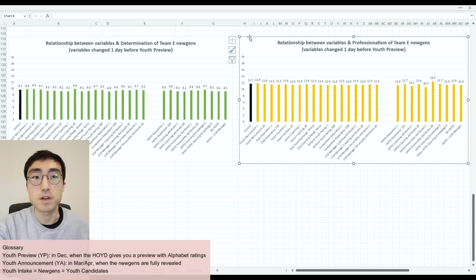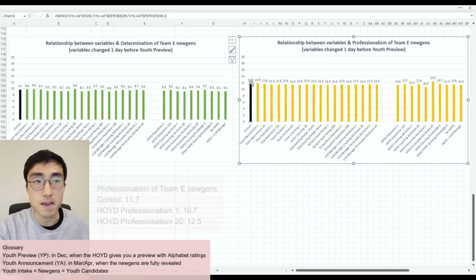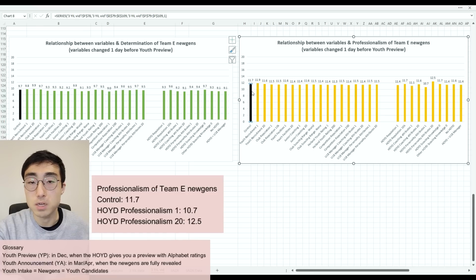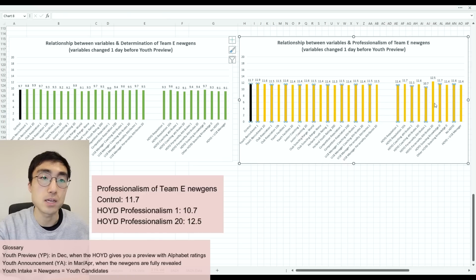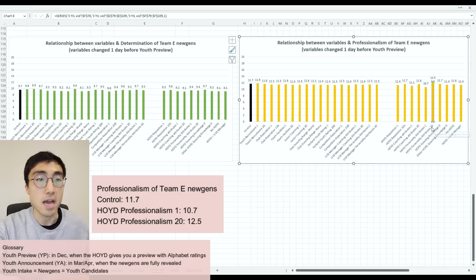Next, let's take a look at professionalism. I can only spot one variable that's had an impact on the player's professionalism, which is the professionalism of the head of youth development. In the control, the average professionalism of Team E New Gens was 11.7, and when Team E's head of youth had 1 out of 20 professionalism, the average professionalism of Team E's New Gens fell to 10.7. Whereas, when the head of youth had 20 out of 20 professionalism, the average professionalism of Team E New Gens rose to